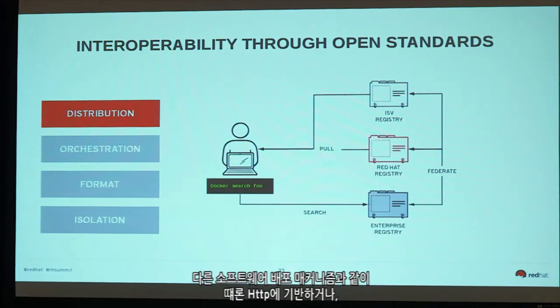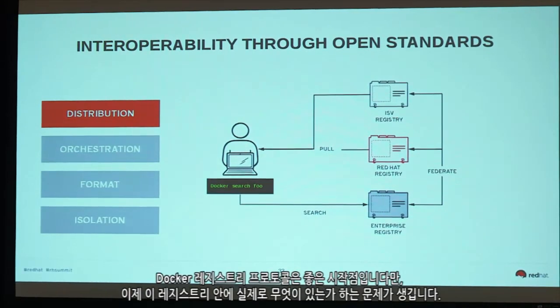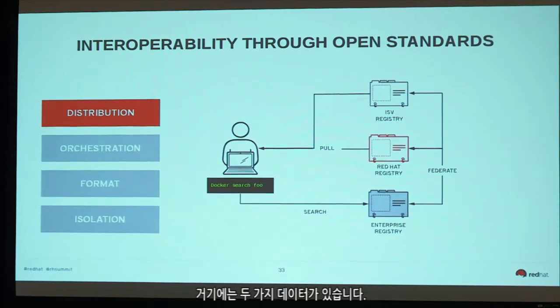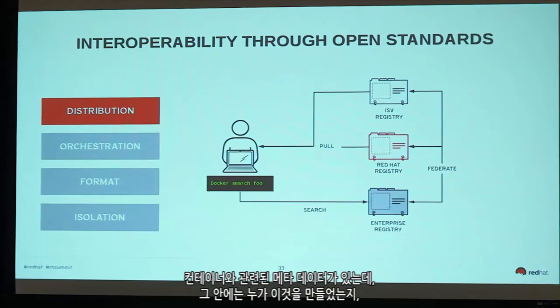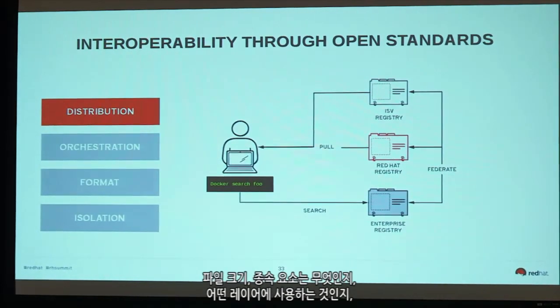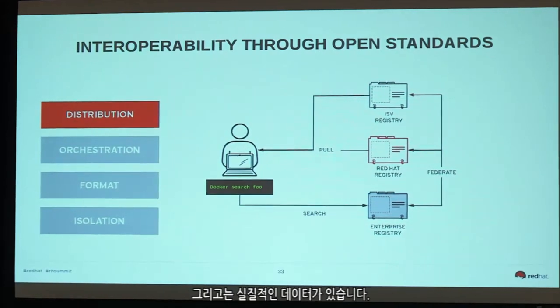Our vision for registries is that the mechanics should be standardized. There's really no point of having 5 different registry protocols, much like almost every other software distribution mechanism today bases on HTTP in some way, or maybe REST. The Docker registry protocol is a great starting point. But then there's what's actually in these registries. And there are 2 kinds of data. There's metadata about the container: what is in there, who built it, file size, which dependencies, remember the layers, how do the layers all work, and then there's the actual bits.